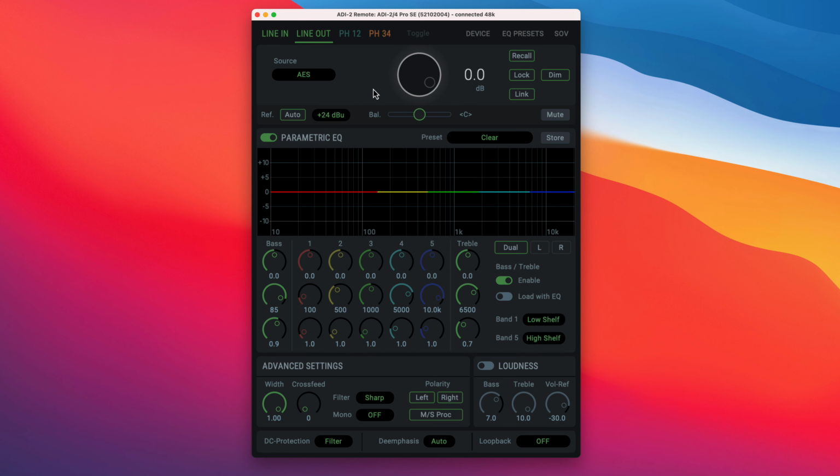So it's safe to say that this is a complete software solution for all existing ADI-2 users. Let me show you why I think you should download the ADI-2 software as well. Version 2 of the ADI-2 remote is a classic RME update. A lot of refinement, a lot of stuff that came from the community that went into this update. So there's a lot to unravel, but I think it's safe to say that many of you are not familiar